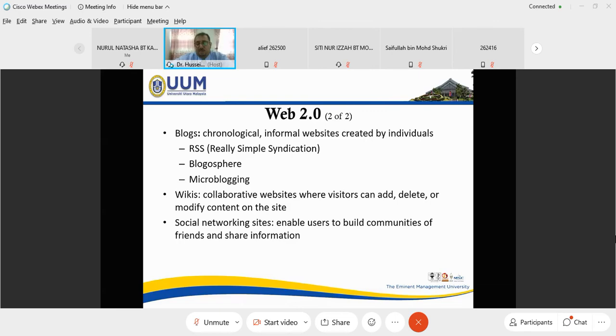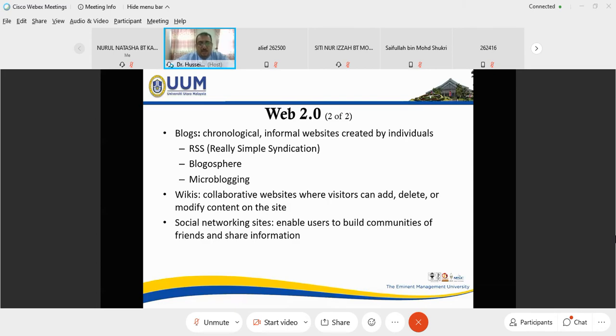Wikis are also on the web. Why? Because with wikis we share. You can add, you can delete something easily. You can finish things. For example, you have a topic you would like to understand more about. You share it in the wiki to anyone in the board or in your community. You can add to that, or anyone can add about that.